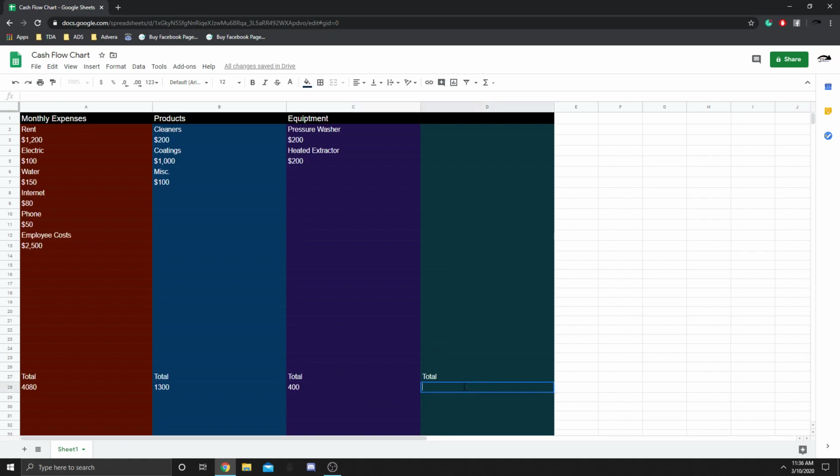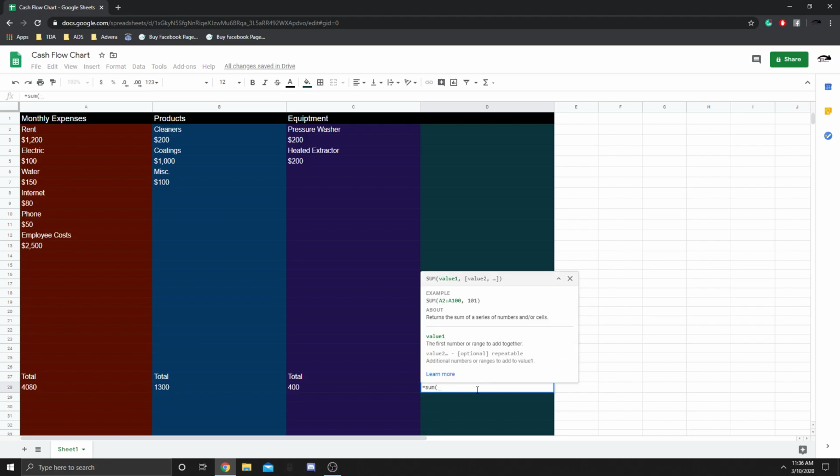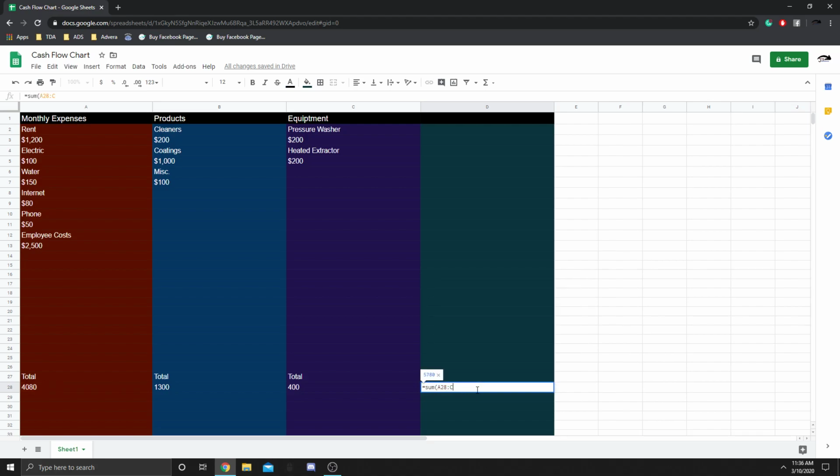And here, we're going to do equals sum, parentheses of A28 colon C28. That's going to pull these 3 lines here and give you a total. So these are your totals. So now we can find our daily, weekly, and monthly: how much we need to make per month to